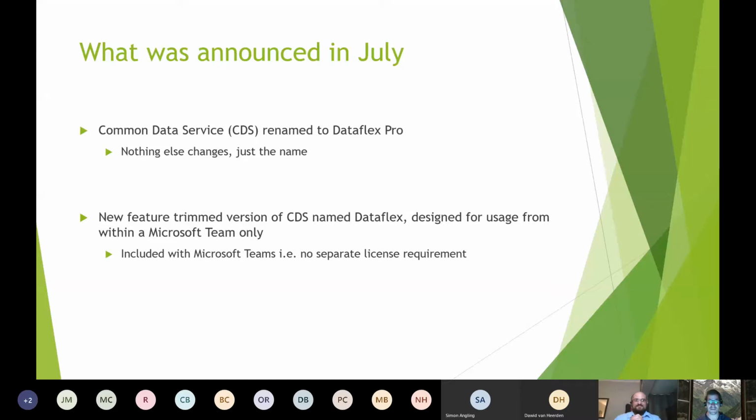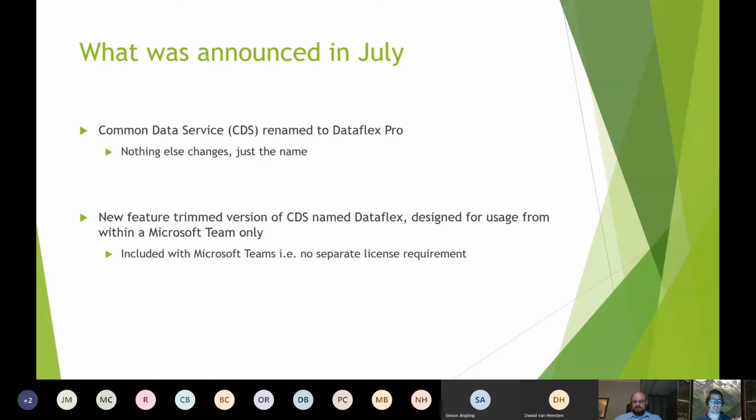Awesome. So what I wanted to do was just spend a few minutes on the announcements that Microsoft made in July around this new, in quotes, new technology called DataFlex. Let me talk about what was announced, and then I'll go into a little bit more detail.